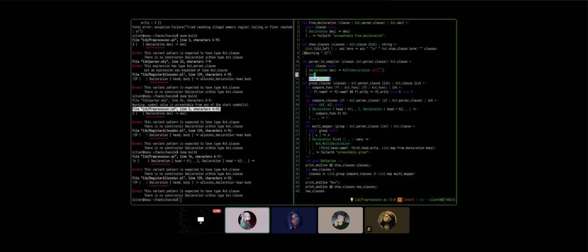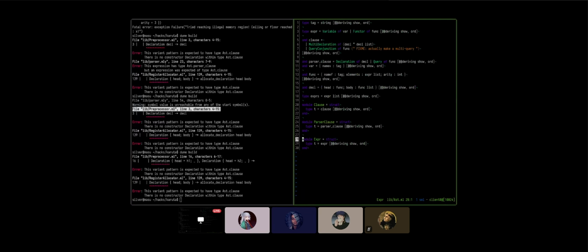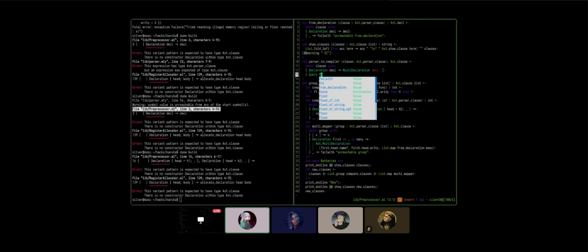Otherwise, if it's a query with a decal, well, actually, it's not a decal, right? It's something else. It's a functor. Yes. Query is a functor. Yes, you are correct. Well, query conjunction with the functor.